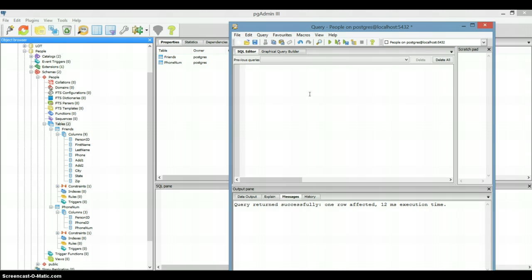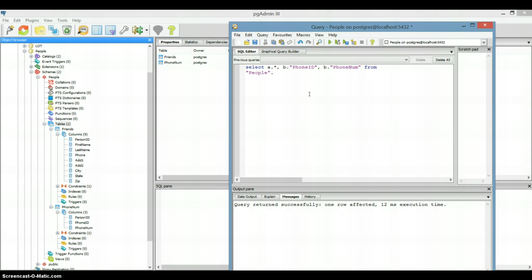We're just gonna do that by doing select a.*, b.phone ID, b.phone number, from